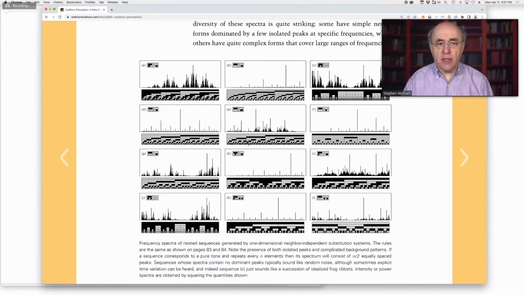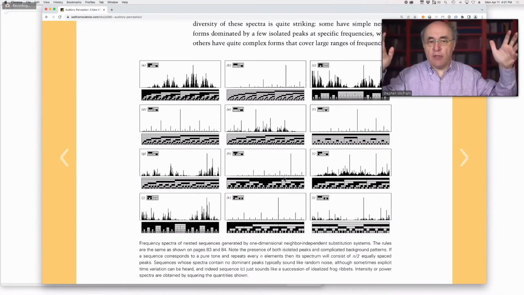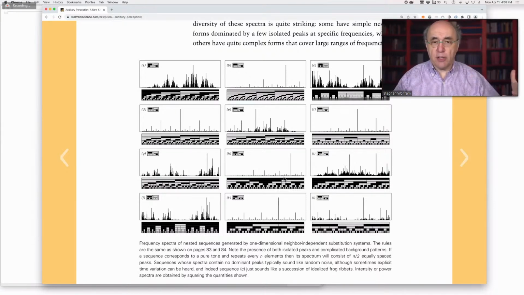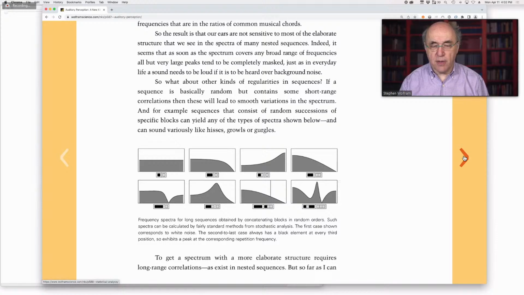And here's a surprising thing. These nested patterns, you might say, well, they'll have simple frequency spectra. Well, some of them do, but some of them absolutely do not. So you get some nested patterns that have essentially discrete frequency spectra and some that have continuous ones. If you're listening, you can tell a pure tone easily. A single frequency is very easy to tell. For example, one question is, can you hear nestedness? And the answer is sometimes you'll hear it as a small number of pure tones, but sometimes it's a big complicated mess. And in fact, our auditory system is not well set up to hear nestedness. I tried many experiments on this.